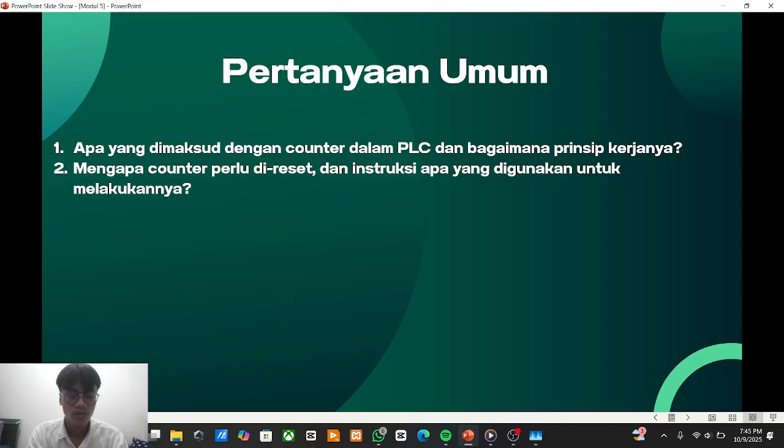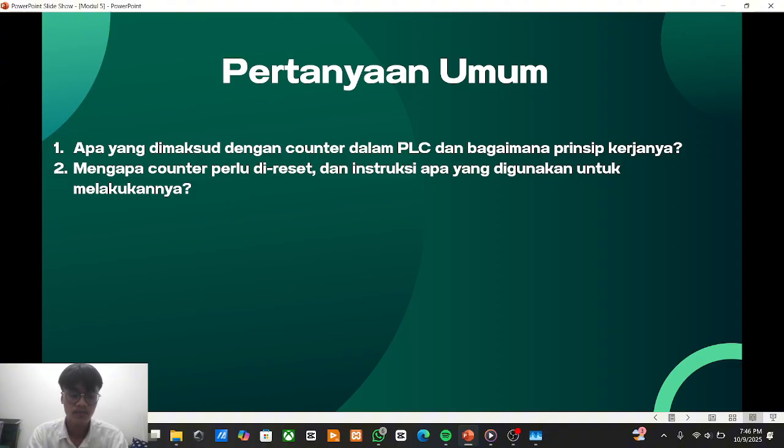Second, why does the counter need to be reset, and what instruction is used to do it? The answer: the counter needs to be reset to clear the stored count value and return it to its initial state, usually 0.